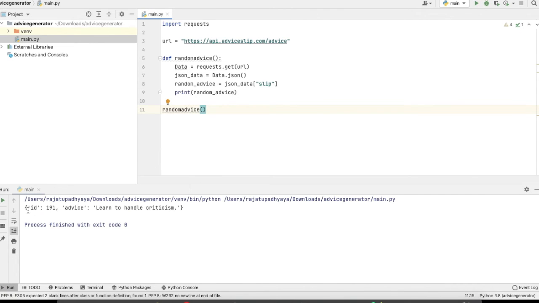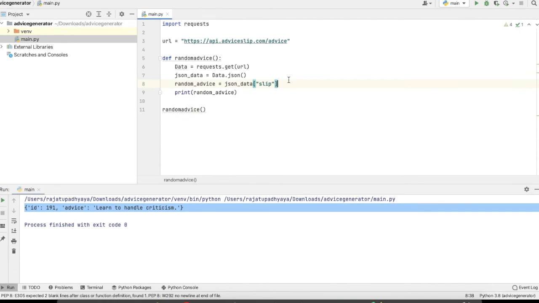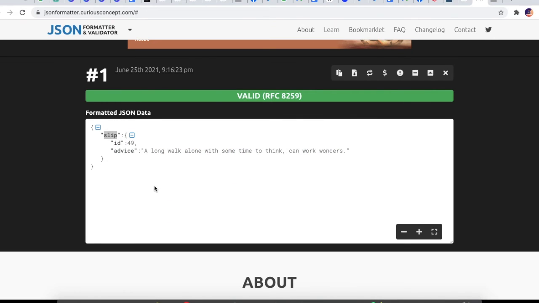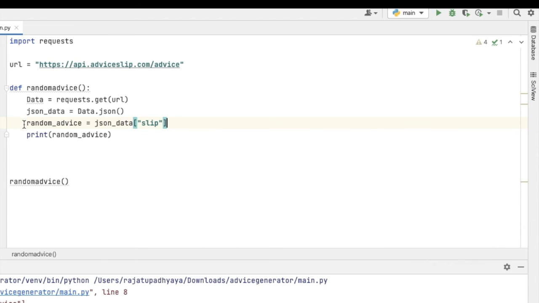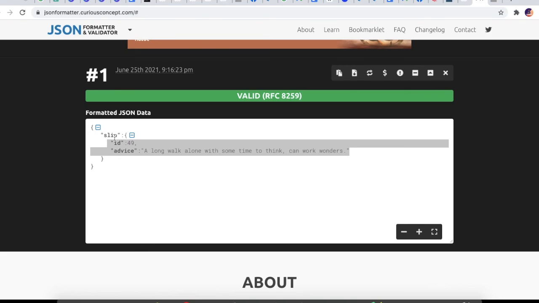You can see it is giving us all the data, but we just need to print the advice. So what are we going to do for this? Let's see the structure first. Now we have this data which is printing all of this. We have stored all this data in the random advice variable. In random advice, we can pass this key, so we will get the data of this key.